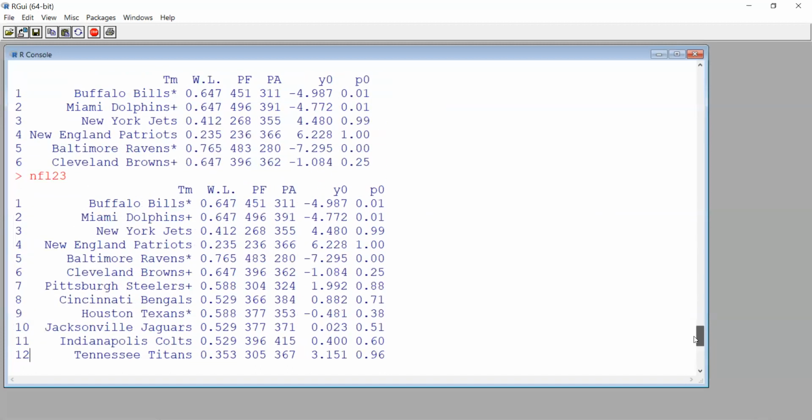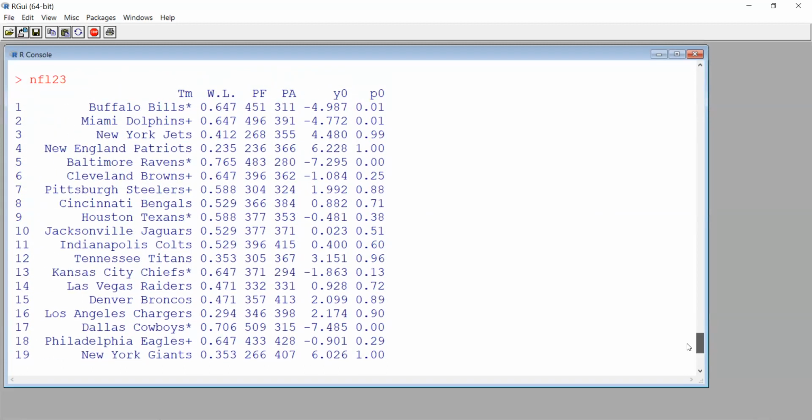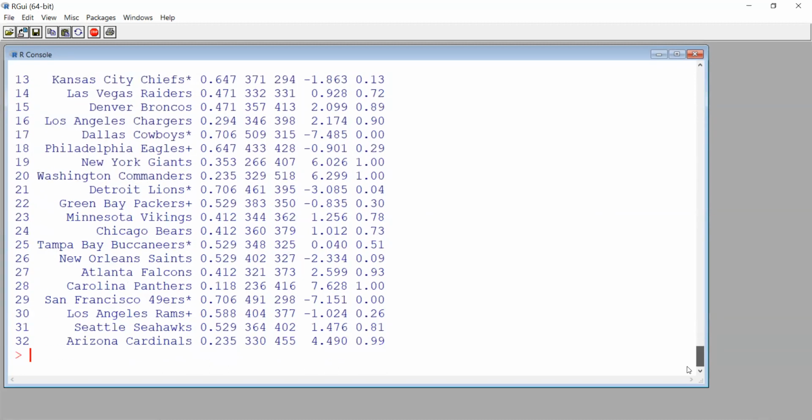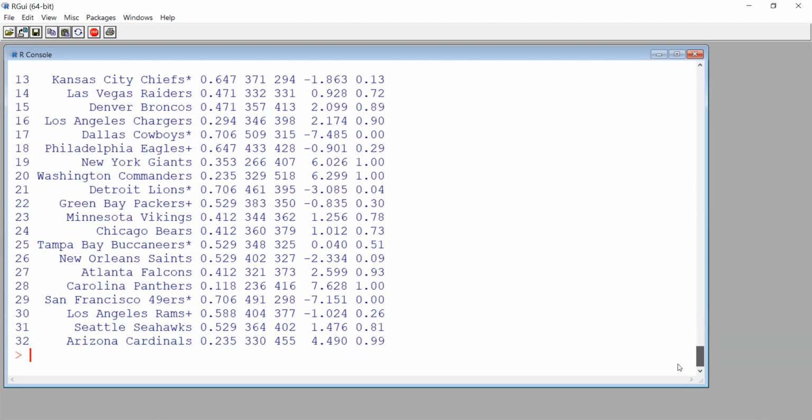Okay, let's do the next one, right? So I could also get rid of Y0 now since it really doesn't have any meaning to sports fans. Let me do another one, and then we'll get rid of both Y0 and Y1 in the same swipe. Okay, so use your up arrow key so you don't have to type everything in again. I made too many mistakes this time, so it's actually a little annoying, but here we go. Okay, so I had a new intercept for Y1 here.